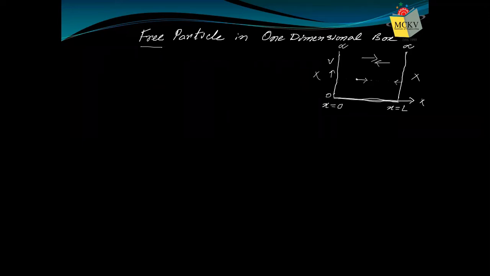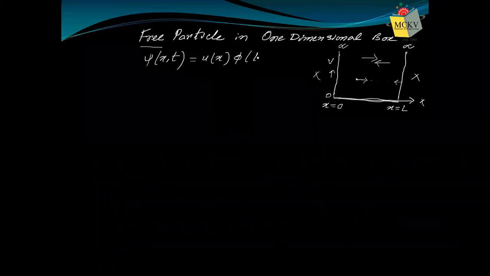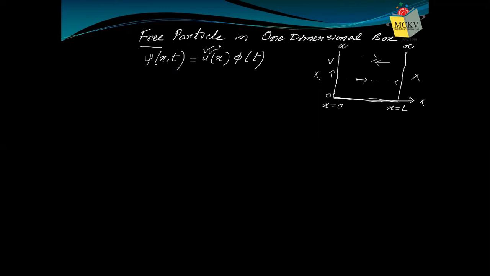Now, under that circumstance, what mathematical equation can we write? First thing, since the particle is moving within this box, a wave is associated with it, a de Broglie wave, and hence we can represent that wave by a wave function. So there will be a wave function psi(x,t) associated with that particle, which we know is composed of two wave functions, one only space dependent, another time dependent. We will not bother about phi because we know the expression of phi. We have already deduced it. We are only bothered about u.